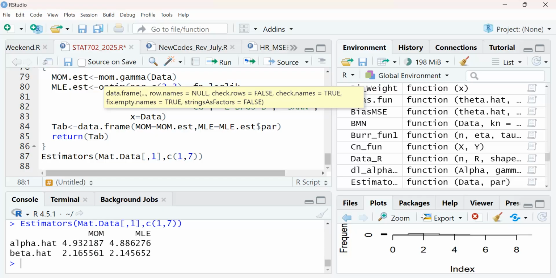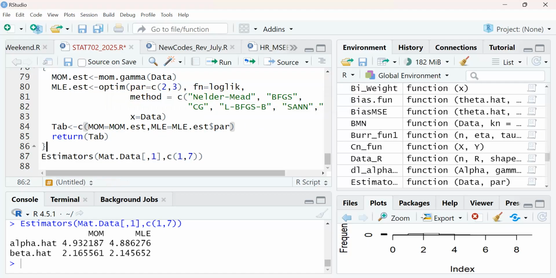Otherwise, when I want to work on this, we'd have to extract, because I'm going to get a 2 by 2 matrix 1,000 times, and I'd have to write a function that goes through each of them and selects the alpha hat, which will be difficult. So instead of the data frame, I'll get a long vector. It will just be a matrix, and I know that one is alpha hat of mom, this is that, and so I'll name it that way, and it will make it easier.